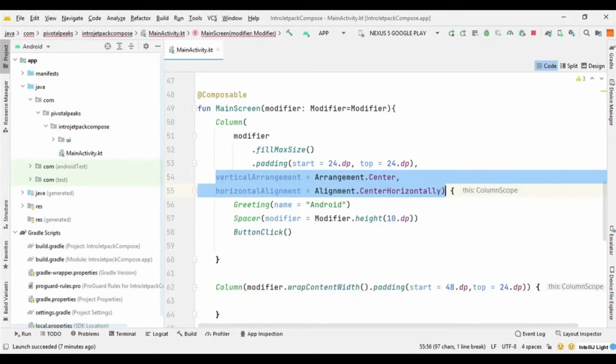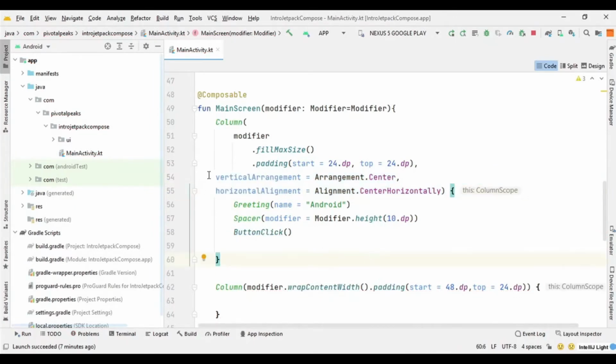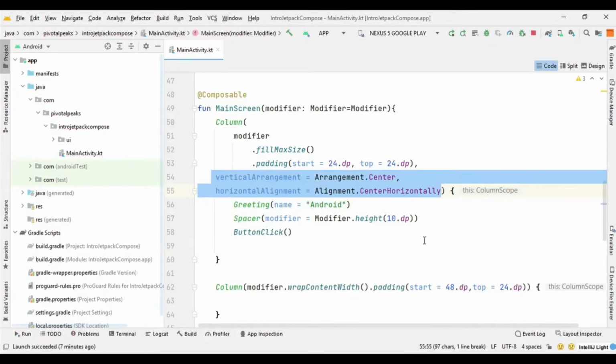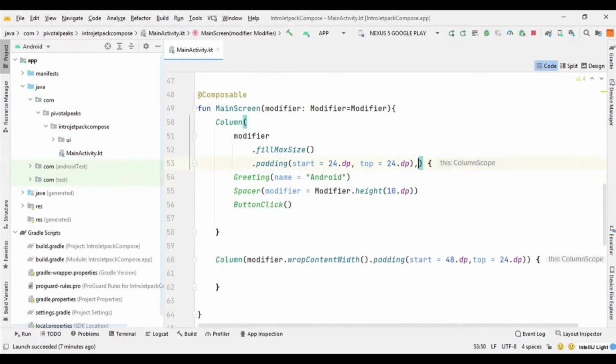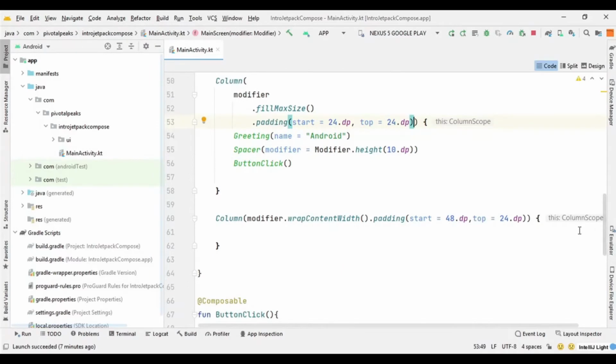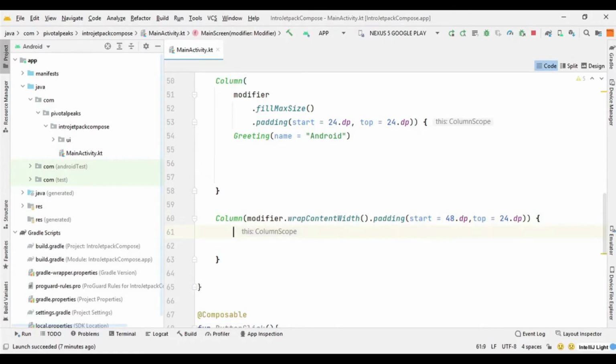What happened? Okay, I removed the curly brace, so I should not have removed the small brace. And then let's get rid of spacer and put this button click inside this column, and let's see what happens.